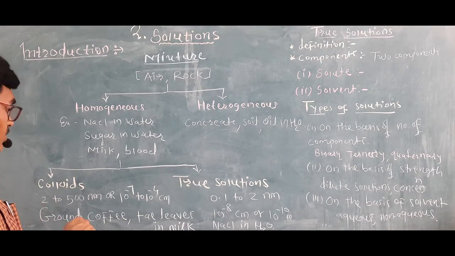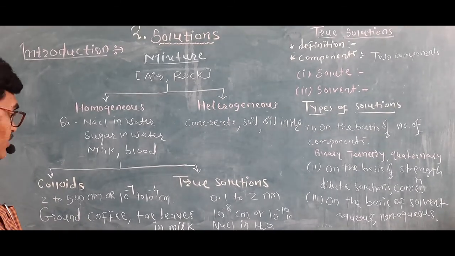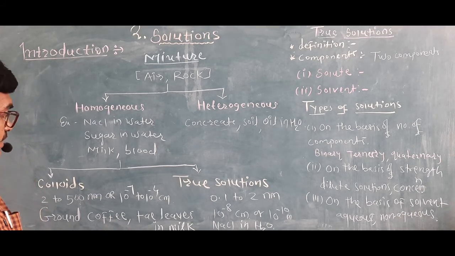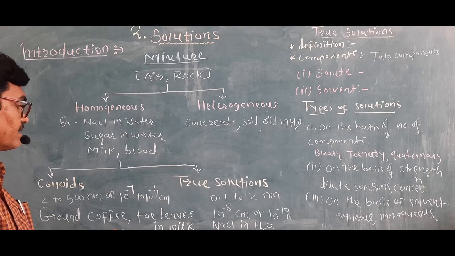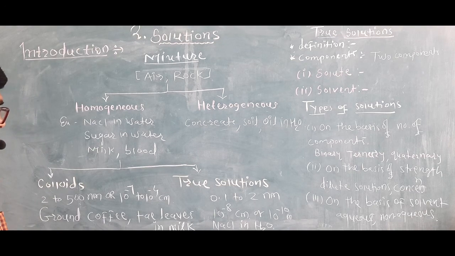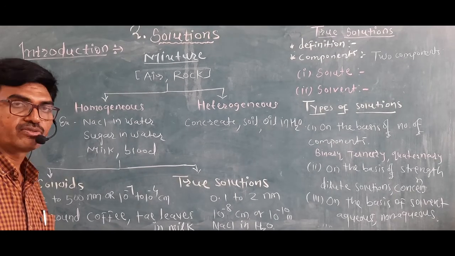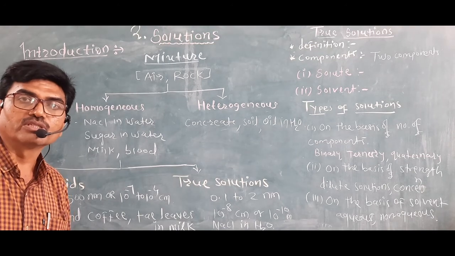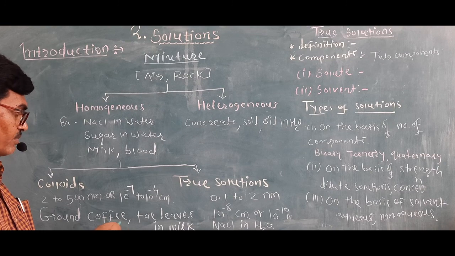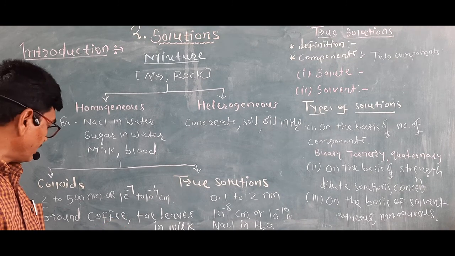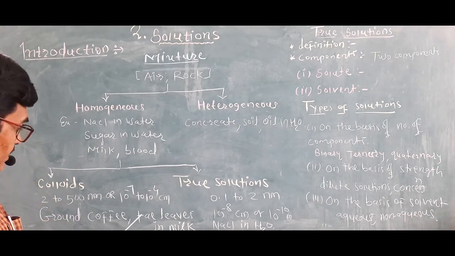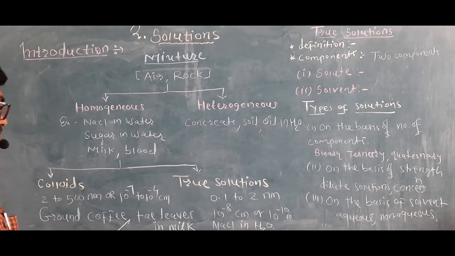In colloidal mixtures, the particle size is in the range of 10 to the power minus 7 to 10 to the power minus 4 centimeter. These particles can be seen under the microscope. They cannot be seen with the naked eye. Many colloidal solutions can be prepared depending upon the size of particles. For example, ground coffee is an example of a colloidal mixture